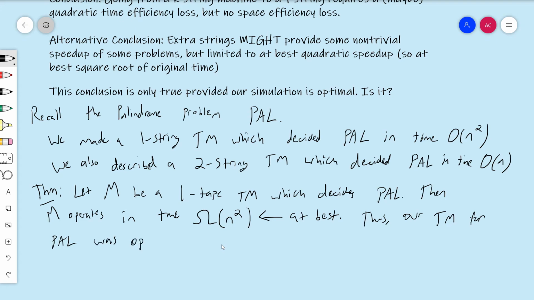was optimal, meaning that it's a distinct improvement to go from a one-string Turing machine to a two-string Turing machine. This improvement that we got here was non-trivial. This was an improvement that could only be gotten from adding more strings. So, thus,